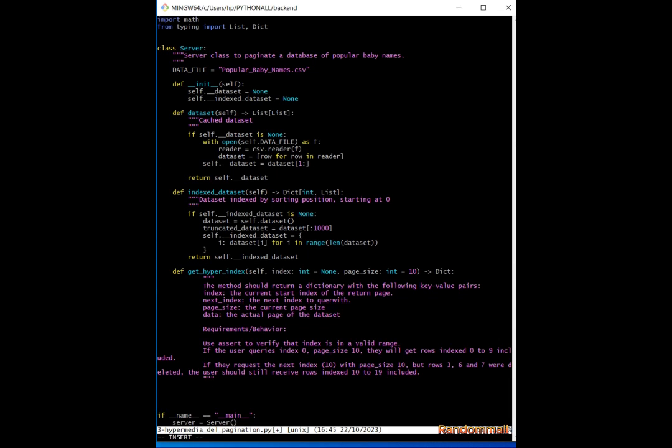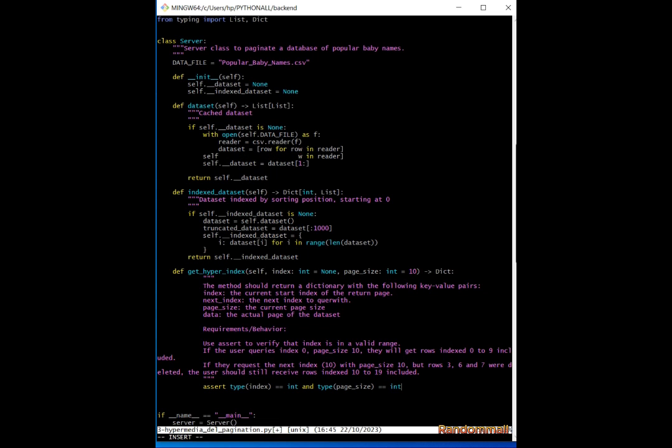So let's get started. Here we have to use assert to ensure that both index and page size are integers. Now we check if page size is an integer,